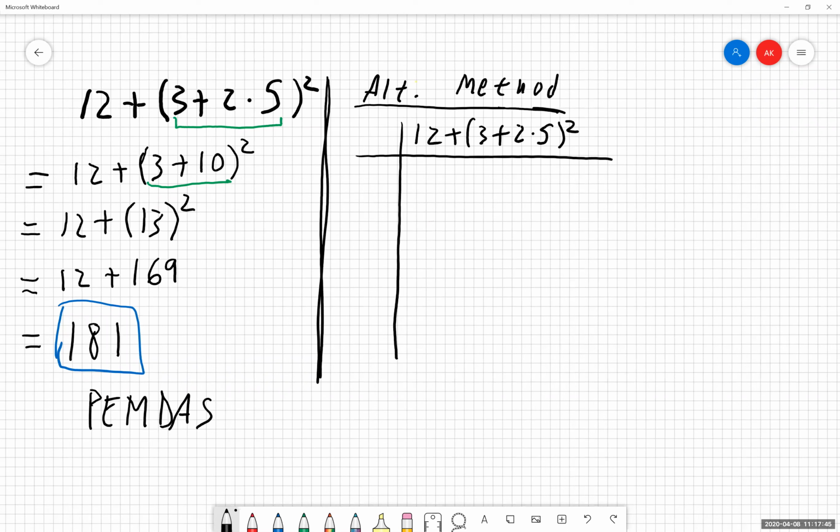Now we have these two columns showing up here. The left-hand column is where we're going to list what we are doing with PEMDAS. Am I doing parentheses? Am I doing multiplication, division? Am I doing addition, subtraction? And then the right-hand column is us actually doing the work itself. So we're separating out for ourselves what we are going to do next in the left column, and then we're actually executing on that in the right-hand column. So essentially we're doing the same thing that we just did, we're just going to organize it a bit differently.